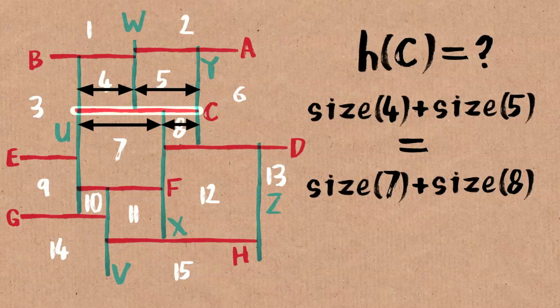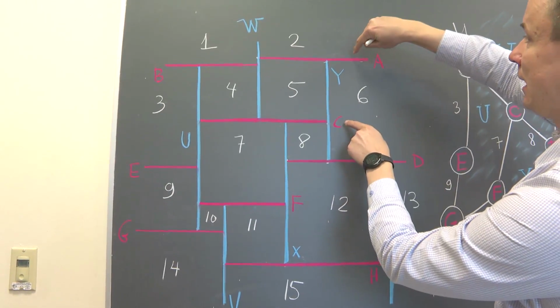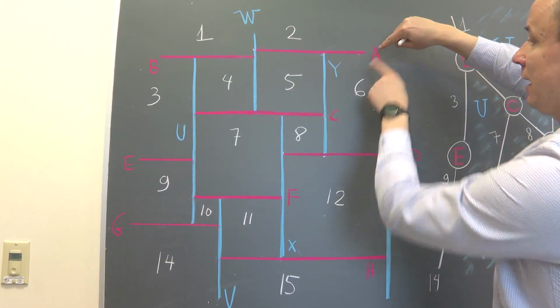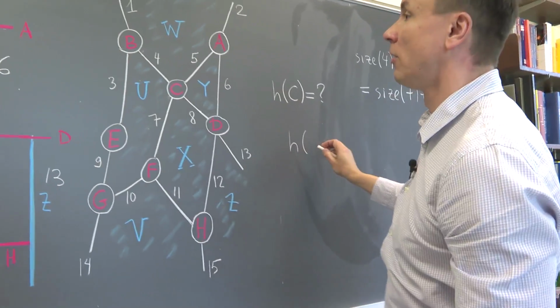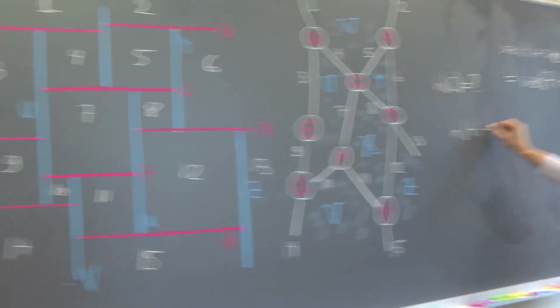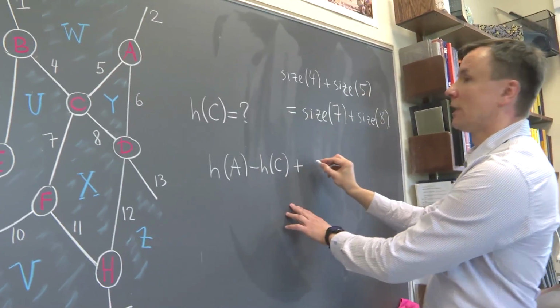But those sizes, what are they? The size of the square 5 is the difference between the height of the line A and the height of the line C. So we get the height of A minus the height of C, plus the same now for 5, so the height of B